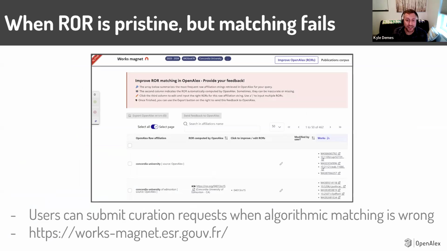Just to show you as an example here, I typed in Concordia University, and you can see at the very beginning, we've got this raw affiliation string that we couldn't match to any ROR. And if you're in Canada, you might wonder why it couldn't tell that was Concordia University. You can see below that the next institution is Concordia University of Edmonton, which is actually different from Concordia University, and there are 5 different Concordia universities. So when it's just Concordia University, it's not confident and it says, somebody please help. So this is where you can go in and make some of those changes.